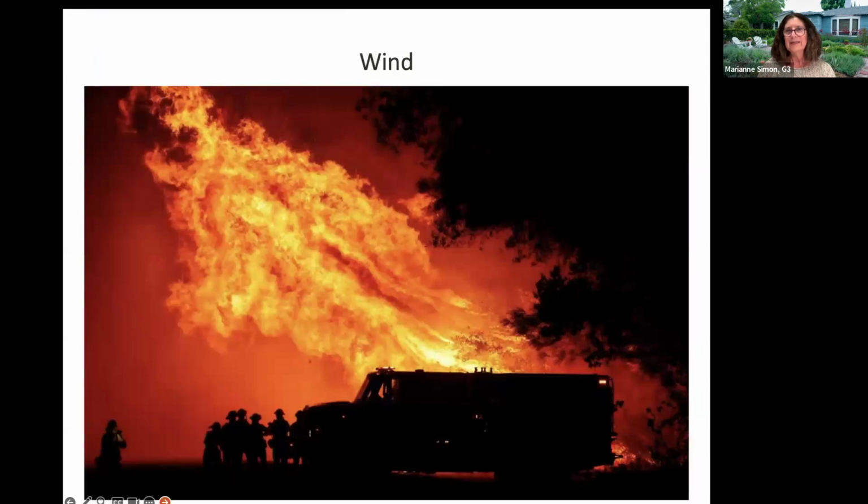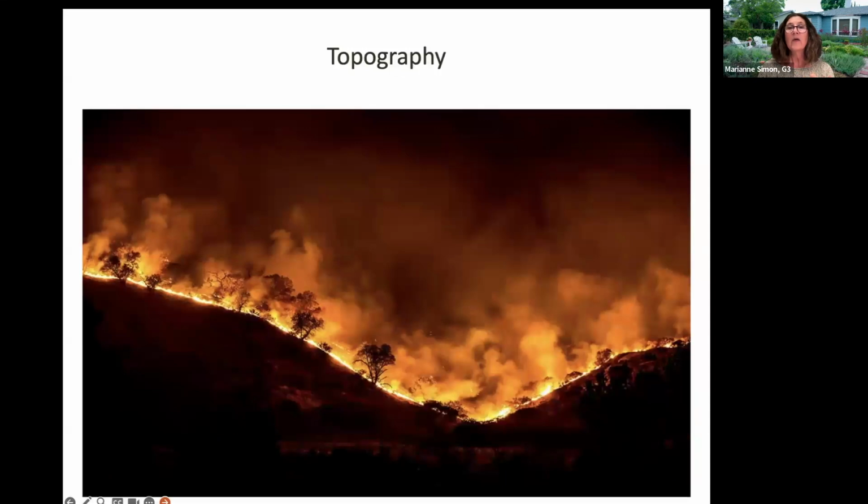We saw what happened when the wind got involved, and how within hours what had been a small fire exploded into an inferno. So that's the role wind plays. The other one to think about is topography and the way that combination of wind and how fire moves in the mountains and in the hills, and how the wind catches those fires and then basically moves them up the mountains.